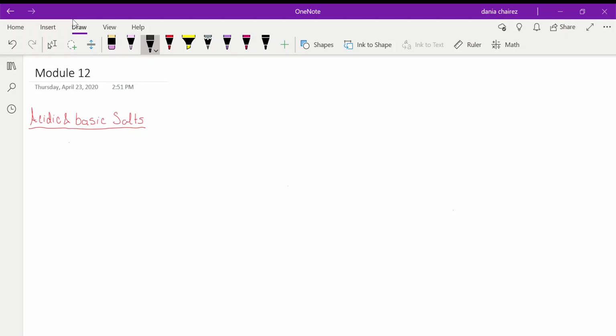So, we're on Module 12, which means that we're going to be dealing with acidic and basic salts, finding the pH of the salts, solubility rules, the solubility constant known as KSP, finding pH from KSP, and finally Lewis acids and bases. So for this video, we're going to be focusing on acidic and basic salts,